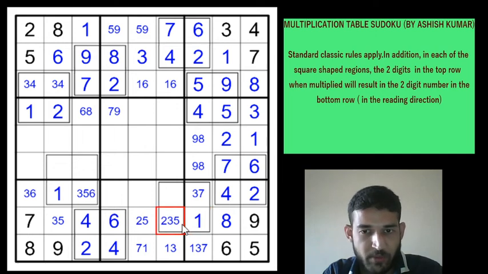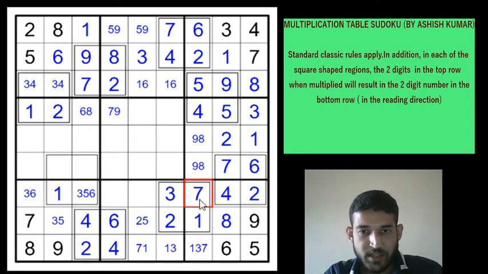You cannot have 51 because 51 can be reached only by 17 multiplied by 3. This is obviously not possible, and 31 is a prime number. So you need to have a 2 here, right? 21 in the bottom row means that 3 multiplied by 7 will have to come in the top row, but 7 is here, so this is a 3, this is a 7, and box 7 can be filled.